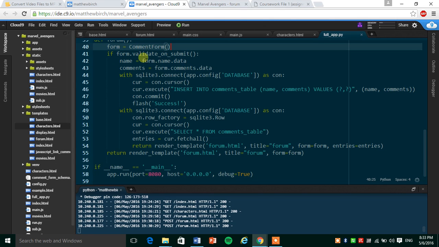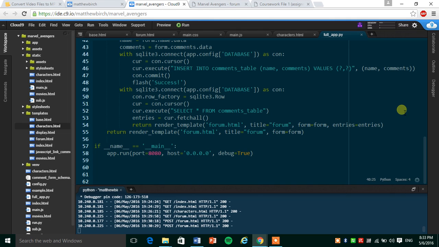As I submit the form, I need to collect the data within the form, and I used a SQLite3 database and connected with this, and then used its cursor to access the different information within the database. So here I have cursor.execute, insert into comments table, so I insert the name and comments. I then say commit,